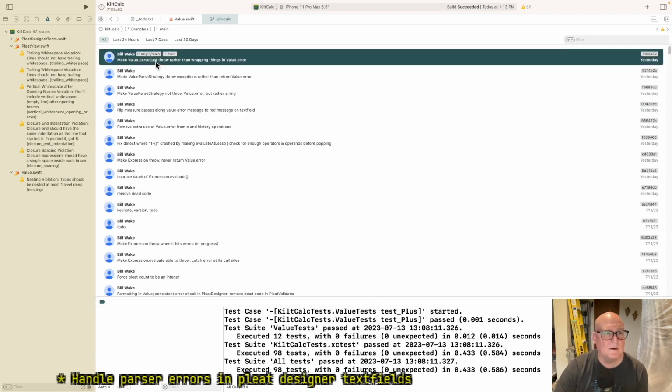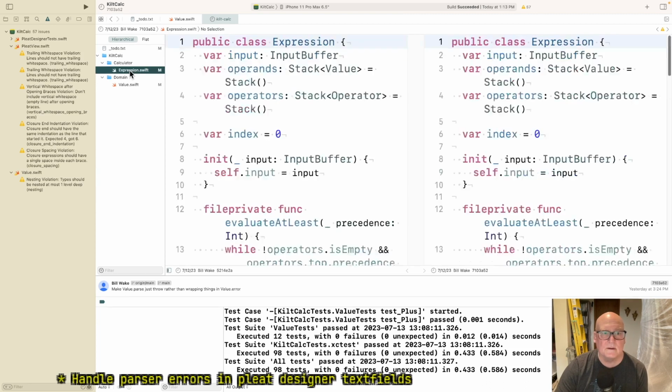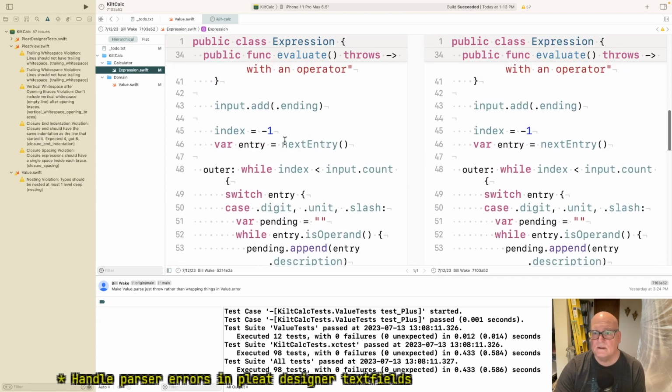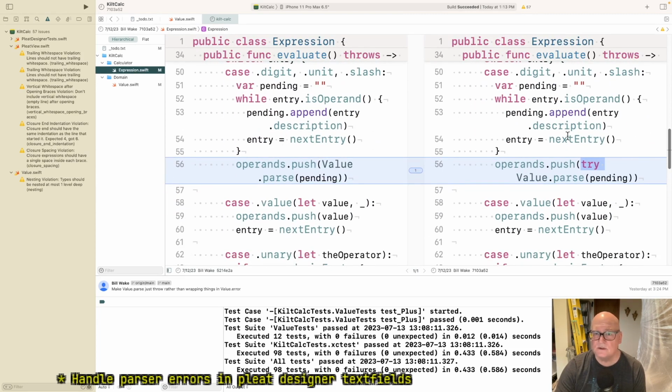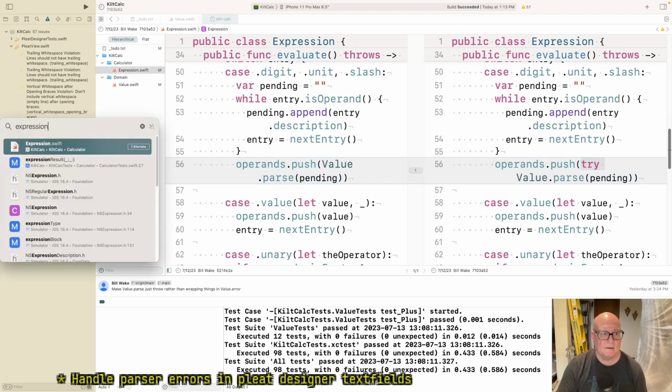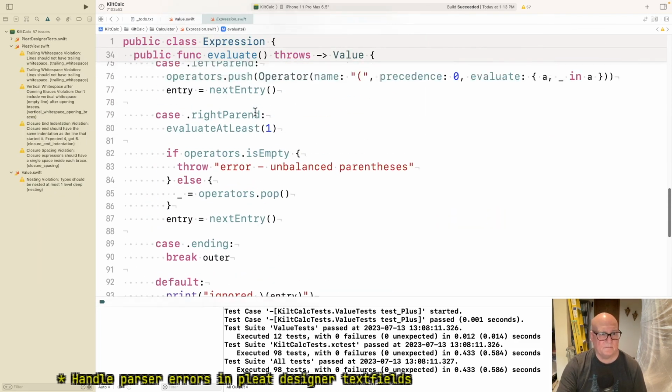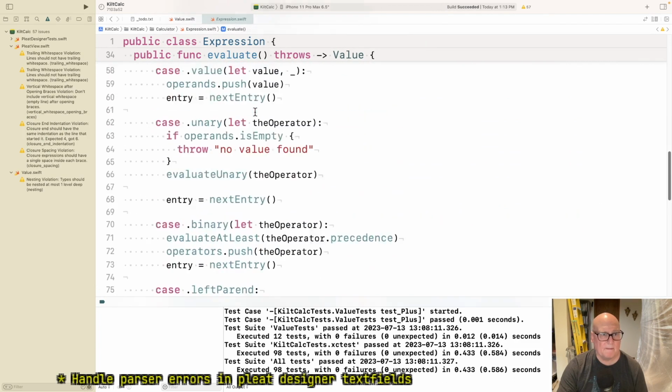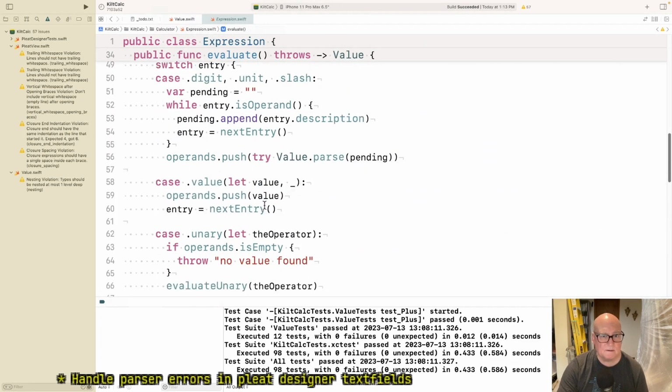Something's really weird. Okay, let's see expression. Yeah, we did operands.push, try value.parse pending. Okay, that's expression. That was up here.